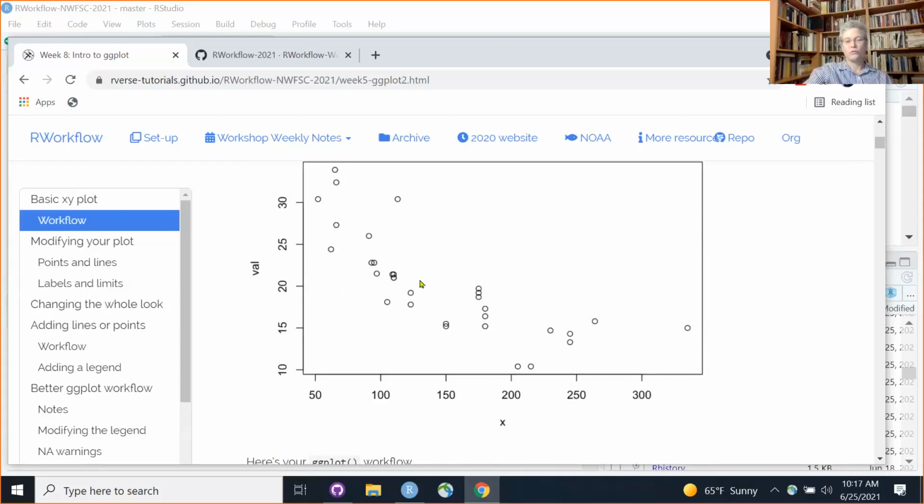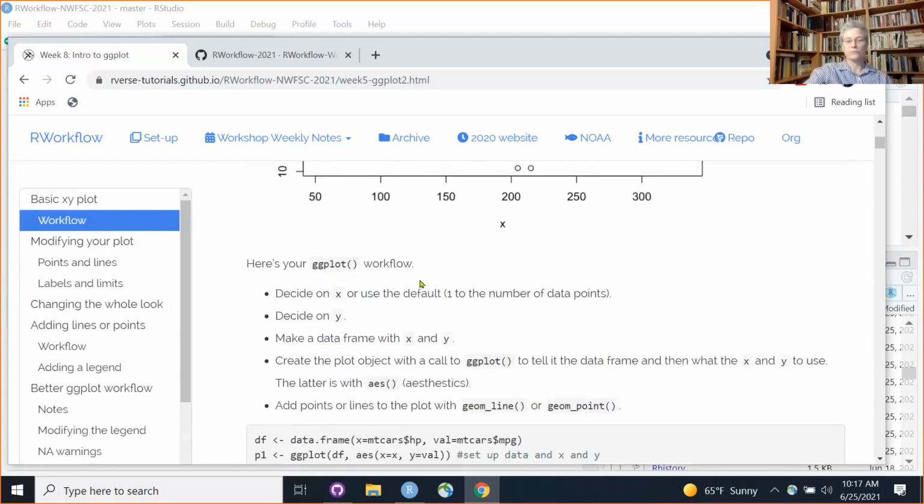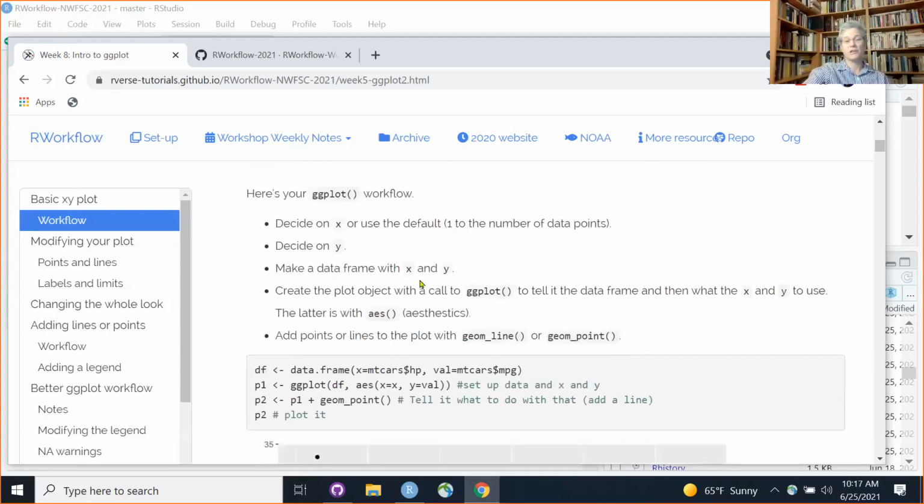The ggplot workflow is a little different. For this really simple case, it does have a few more steps, but later on, this is going to be a lot more powerful than the simple base R plot function. So in the ggplot workflow, you decide on what your x is going to be, you decide on what your y is going to be, and then you make a data frame with the x and the y. A lot of times we already have that data frame, but I'm going to imagine that we don't, but we know what our x is and we know what our y is. So now we create a data frame with our x and y,